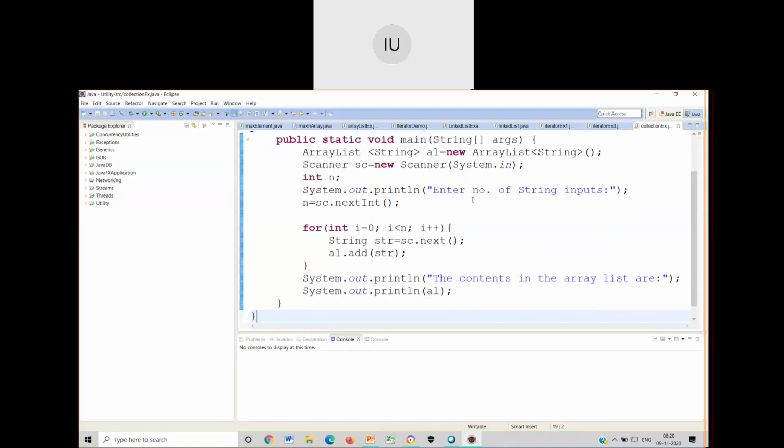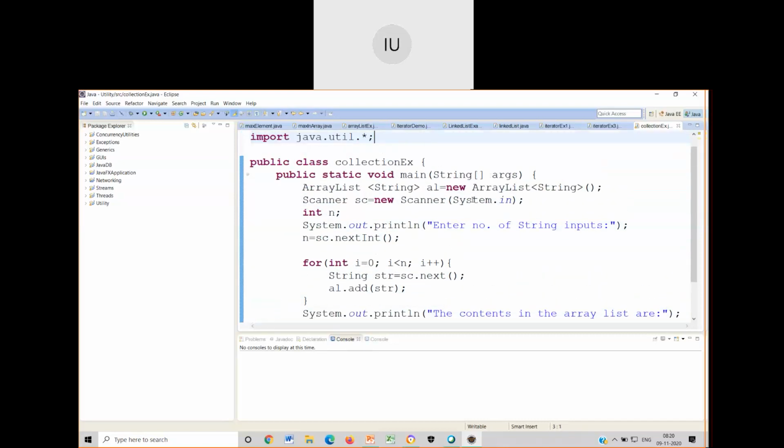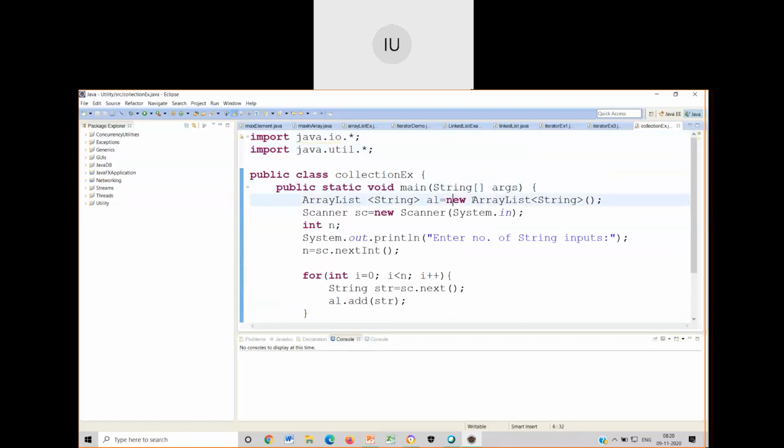Okay, let me go through this example again that I have typed in front of you. I have created an array list and I have type saved it. What is the meaning of type saved? At the declaration of the object itself, I mention that this array list can store only strings. This is where generics is useful.